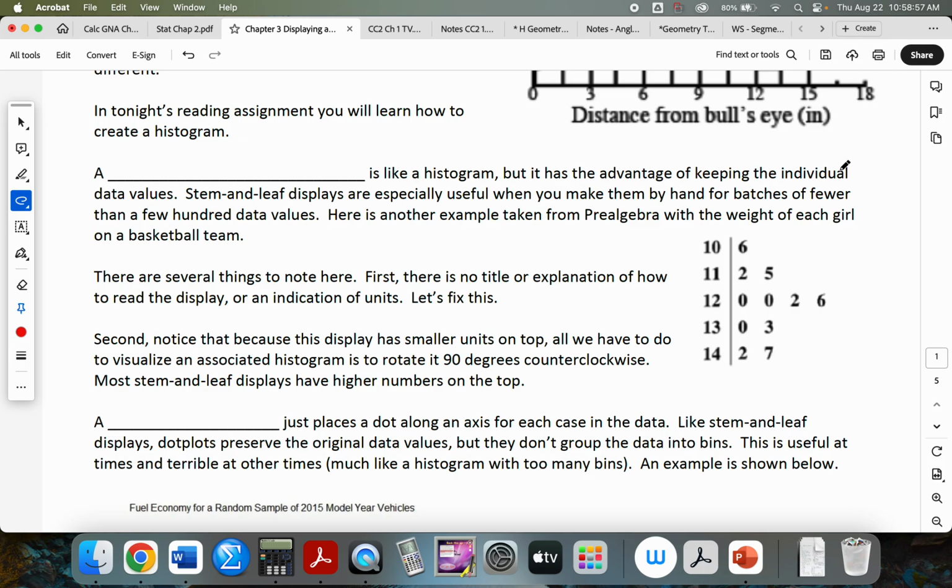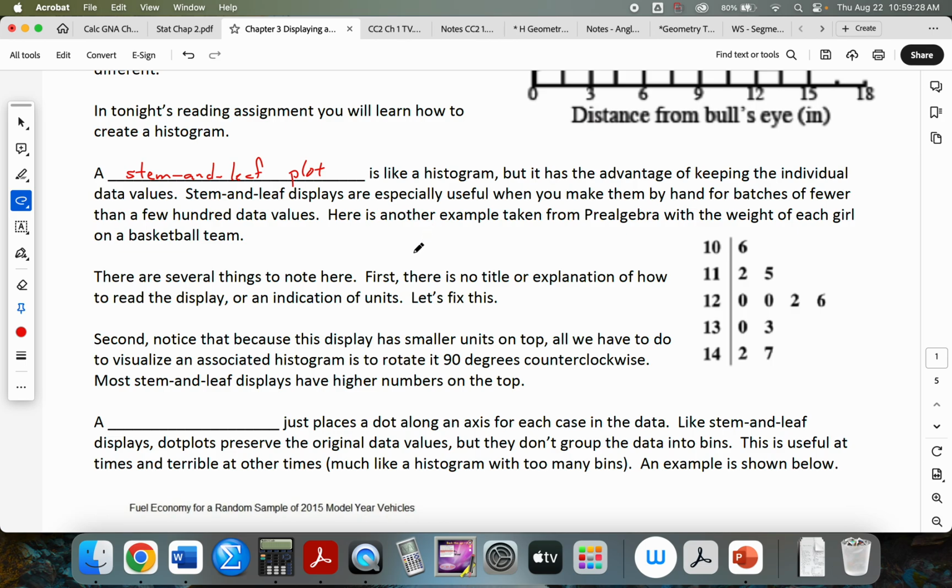So a stem and leaf display or a stem and leaf plot is like a histogram, but it has the advantage of you keep all of your raw data. So stem and leaf displays are especially useful when you make them by hand for batches of fewer than a few hundred data values,